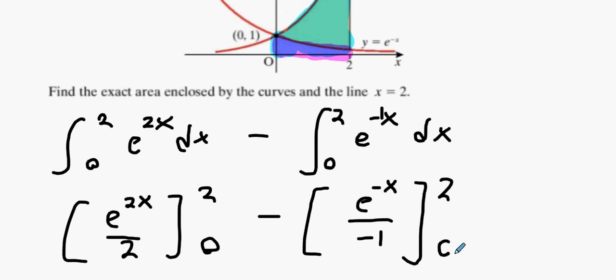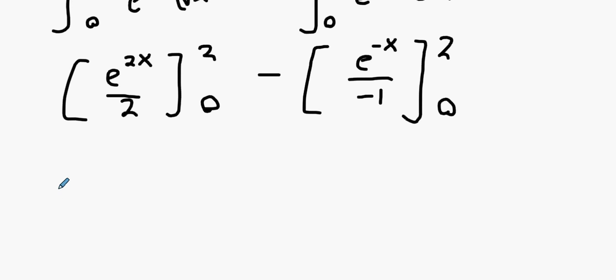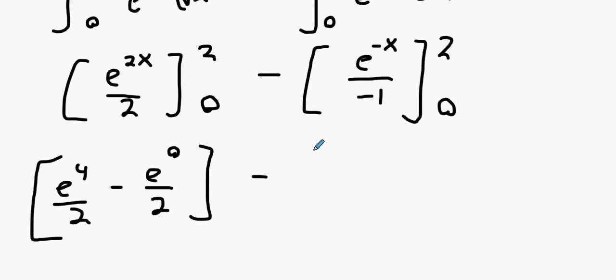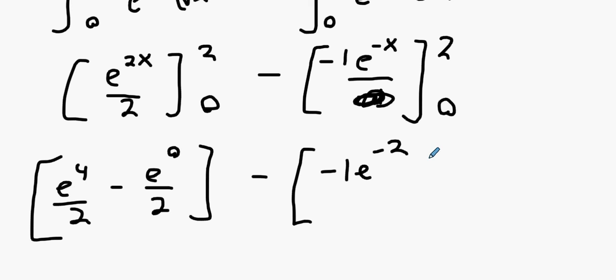Handy enough for you. Okay, let's do this. e to the power 4 over 2 minus e to the 0 over 2. So what happens if you put in 0? 2 times 0 is 0. And now, take away what? See that minus 1? Just going to lob it up here, is that alright? And then we're going to get minus e to the minus 2, minus 2 minuses, isn't it? Double minus makes it a plus. Plus e to the minus 0, anybody? So it's minus